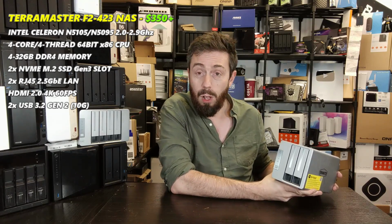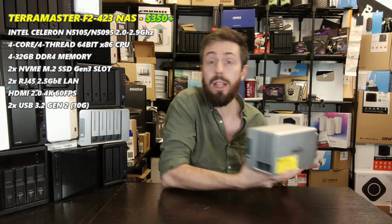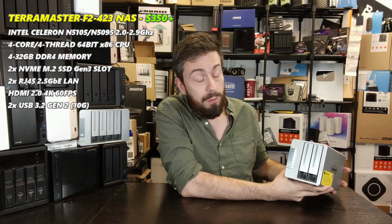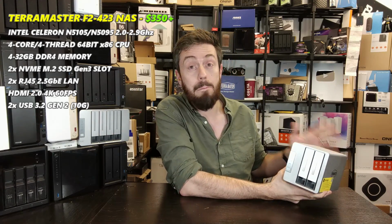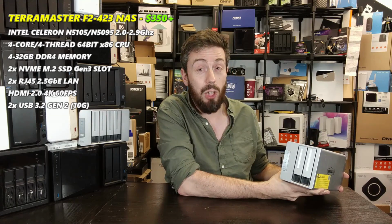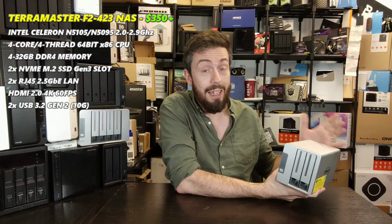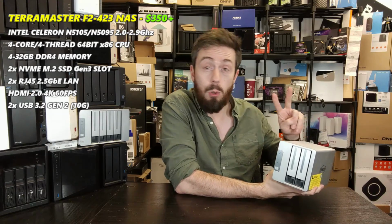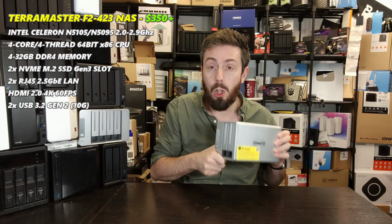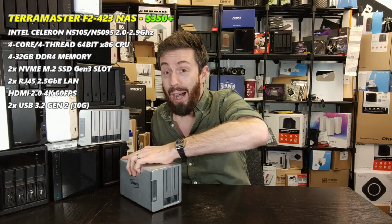On top of that, although as mentioned, the hardware is great with a quad-core Celeron based processor inside, 2x 2.5 gigabit Ethernet there on the rear, 4 gig of DDR4 memory that can be upgraded officially to 16 or 32 gig of DDR4 memory if you use TerraMaster's own modules, they say. On top of that, it's got 2 M.2 NVMe bays inside. I swear, this thing got so darn close to being in our top 3 2-bay NAS list, but it missed out